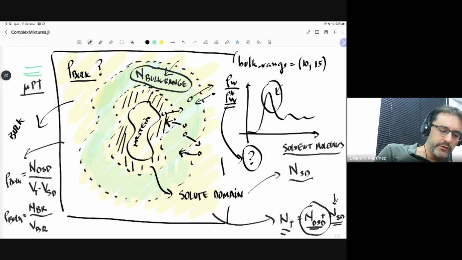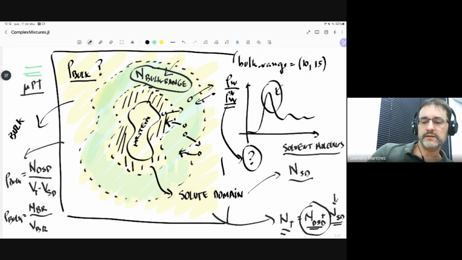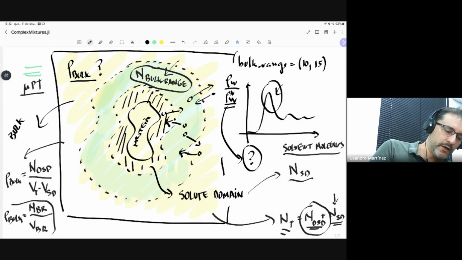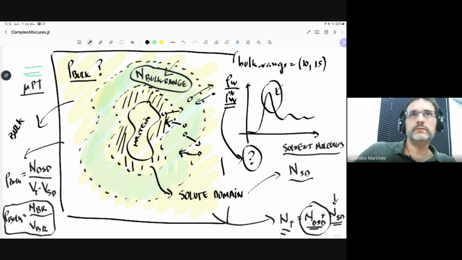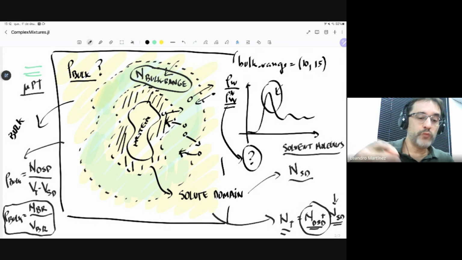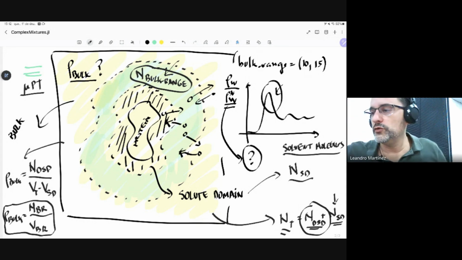The number of molecules of this bulk range and the volume of this bulk range are parameters that are determined essentially independently from the total number of molecules of your solution. This is a little bit technical, but this is the best way from a thermodynamic point of view to estimate the density of the solvent in your solution. So, in summary,